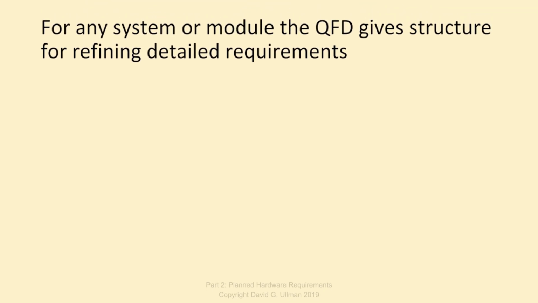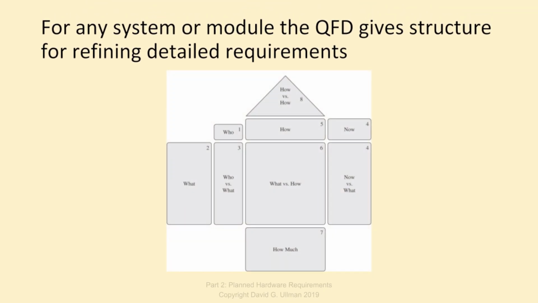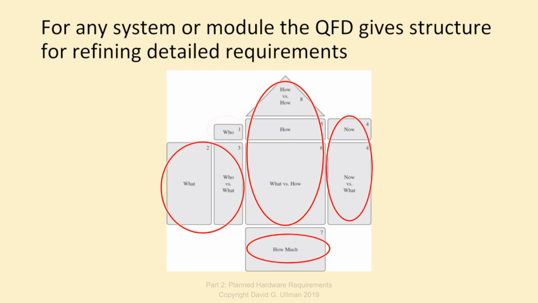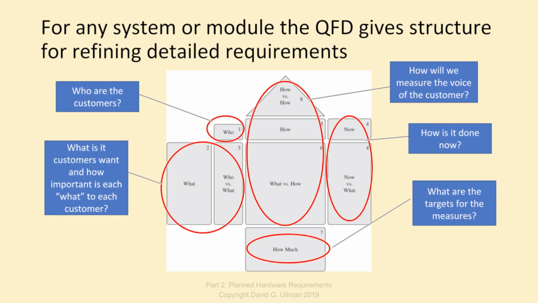Quality Function Deployment has been in use for over 25 years as a tool to develop and organize product requirements. While not always used exactly as presented here, the rooms involved do enable the 4 conversations and more. QFD is shaped like a house with 8 rooms, and so it's often called the House of Quality. As shown in the figure, these rooms are in 5 broad areas supporting the key conversations plus 1. I will give a brief introduction to the rooms in this video, and they are detailed in Chapter 6 of